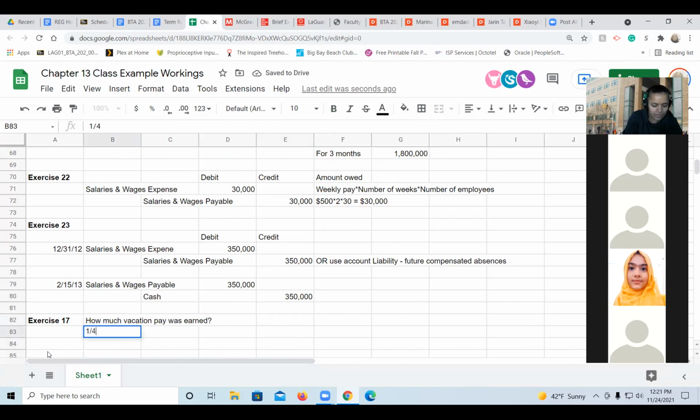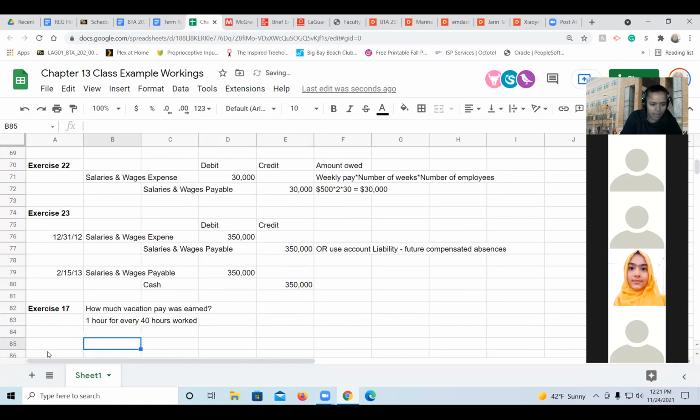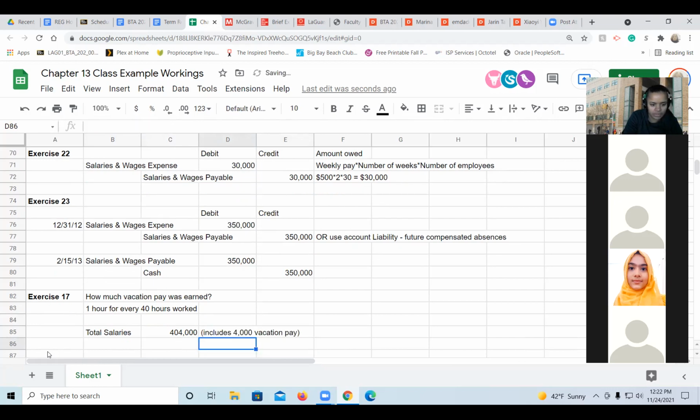So they're saying it's 1 hour for every 40 hours worked, okay? And the total salaries were 404,000, but this includes 4,000 vacation pay. So to calculate what was earned, you cannot include vacation pay that was paid out in the